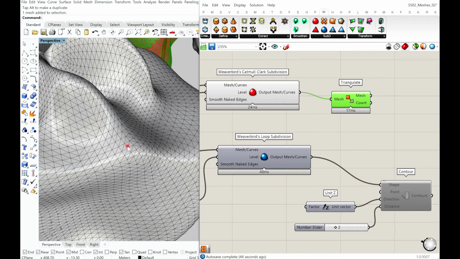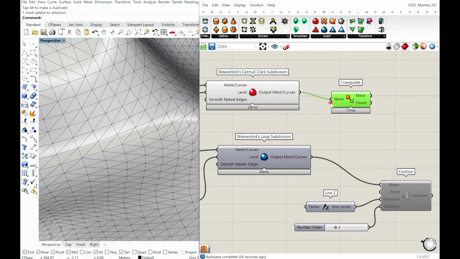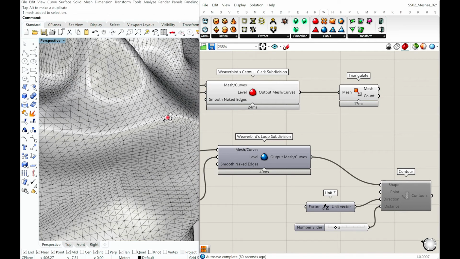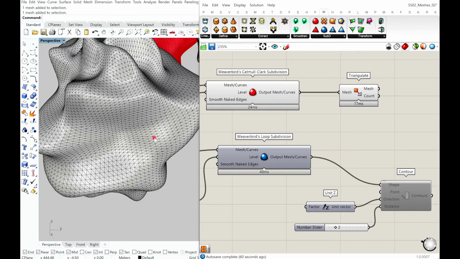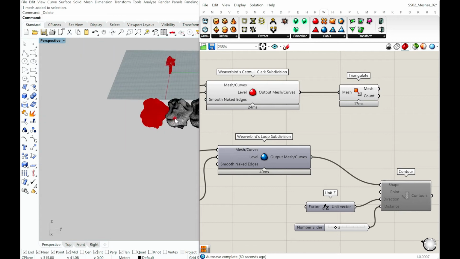So yes, this will be flat, and we can extract these and orient these for fabrication. The lines, the connection between the points, is a straight line. Actually, it depends on the level of subdivision that you use. Yeah, not always. Yeah, I think it's curving. Yeah, never thought of it.